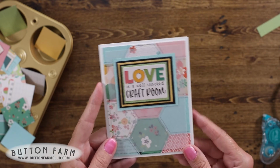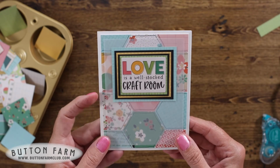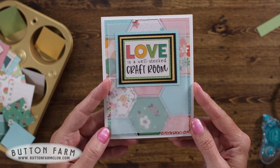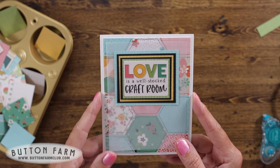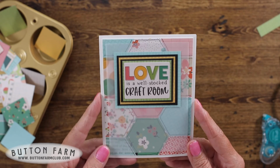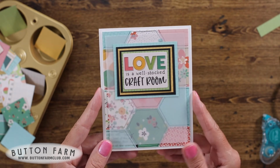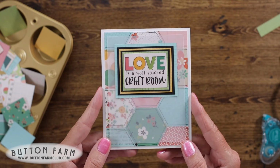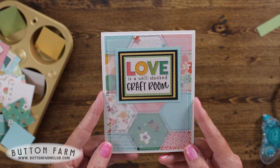So I hope that you have learned something fun and unique or different today in the World Card Making Day class at the Button Farm Club. All of the pieces and parts that you need are included in the kit, so you can shop for that and take your time. You don't have to do it with me. You can sit and do one card at a time and spread it out over a week or two and just kind of have fun and use these techniques to create cards from any product line, whether it be a